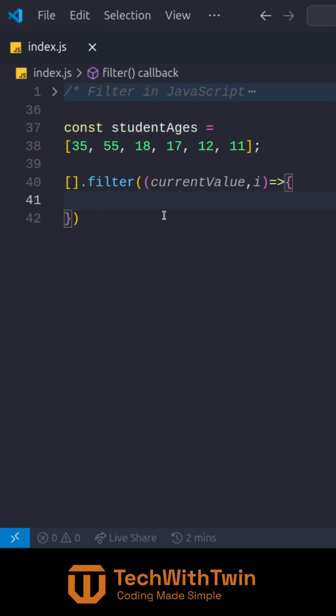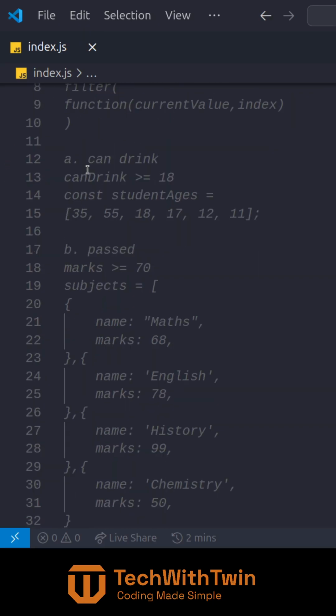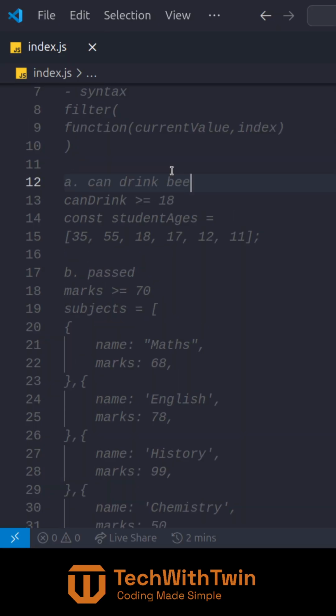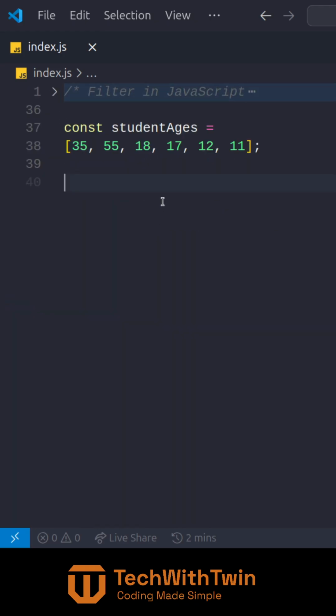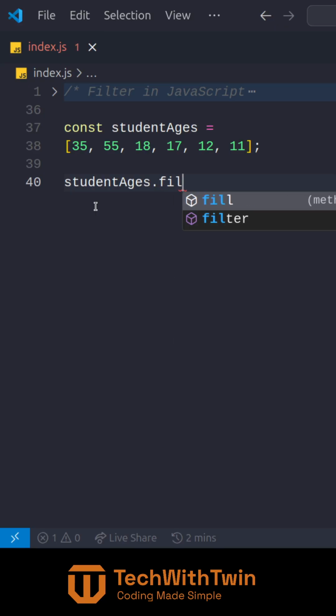All right, so let's do it practically. In our case study, the first question is that you are supposed to return an array that shows whether a student can drink beer or not. A student can drink beer if they are above 18 years. We do have student ages, so we need a way to filter out the students that can drink beer. This is the array we are talking about. It has these ages. So we can say studentAges.filter,